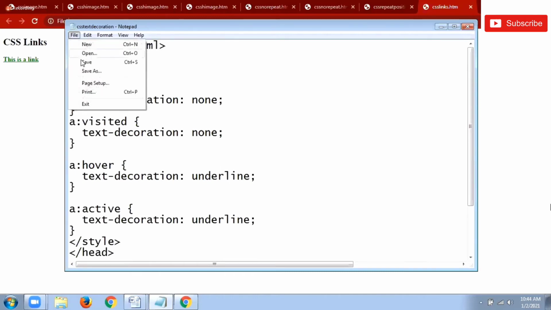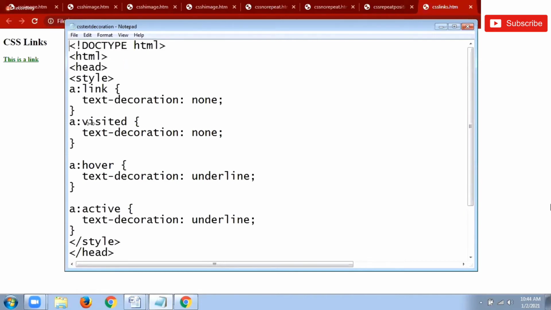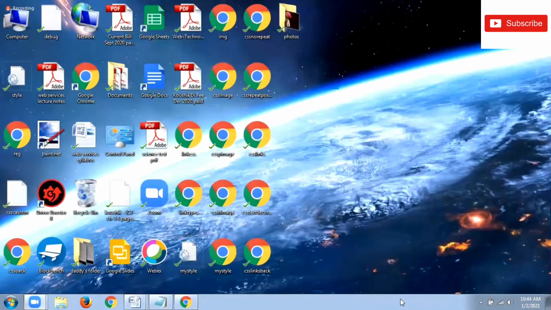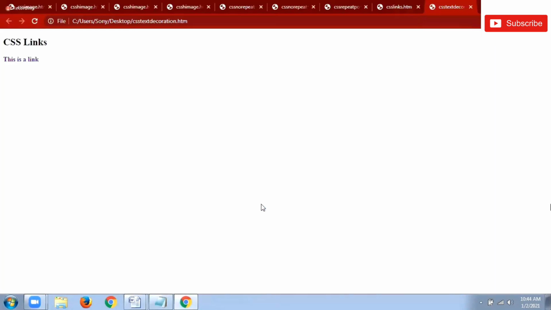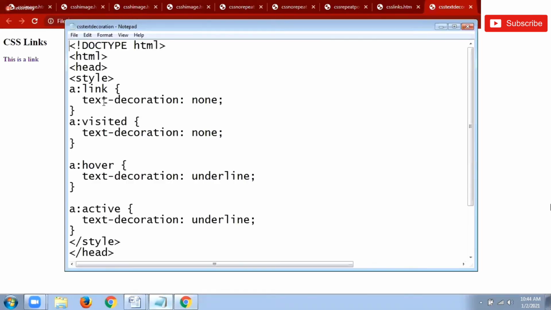So let us see the change of this text decoration compared with the previous one. What was the previous? Initially you get an underline, but here now I want to change that underline. See, now in the beginning I am not getting any underline.